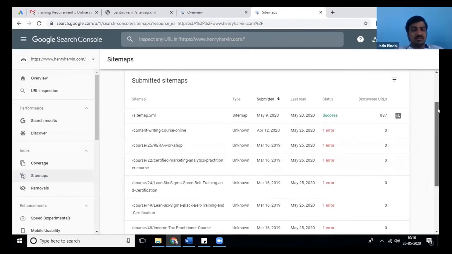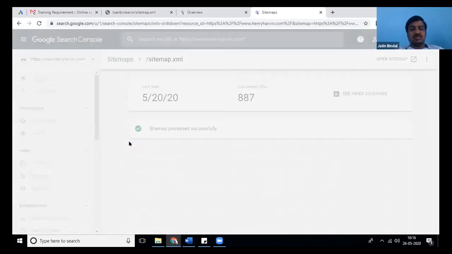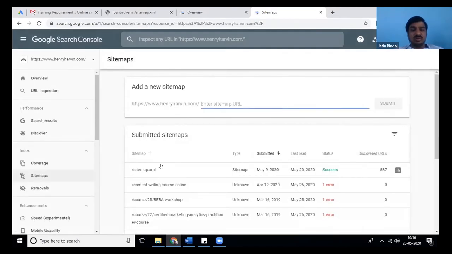If you see over here, the XML sitemap is already submitted and Google is indexing. How to submit is very simple. Your domain name is already typed. You just have to type sitemap.xml and submit it.